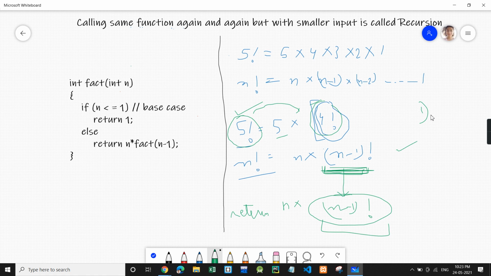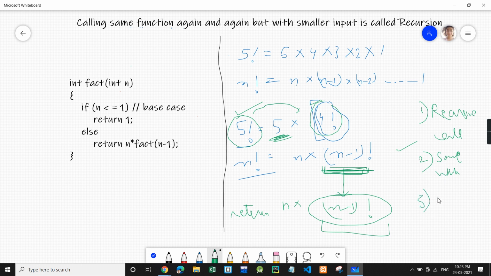So first we thought how to divide our problem into subproblems, so we thought of the recursive call. Then we thought of some amount of work. What work are we doing? We are multiplying n. So this was our work.